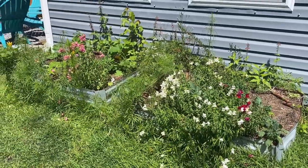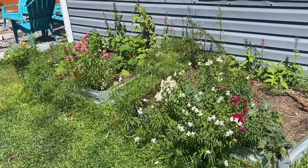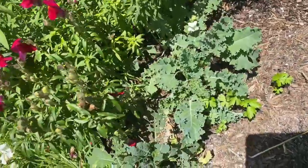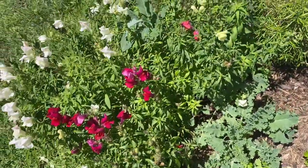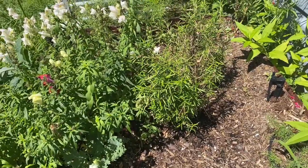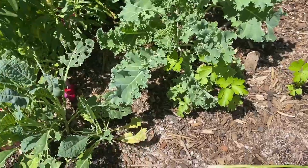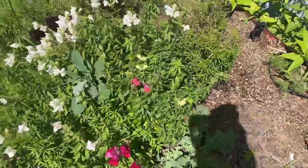The boxes under our sunroom windows are still taking off rather slowly. The kale has come back and we are letting it do its thing. I haven't picked any of this, but I might make some kale chips soon. The Snapdragons are still blooming. My sister gifted me some rosemary, so I stuck it in this bed. And we've got dill right here in the back, some parsley that's starting to come up, bells of Ireland,